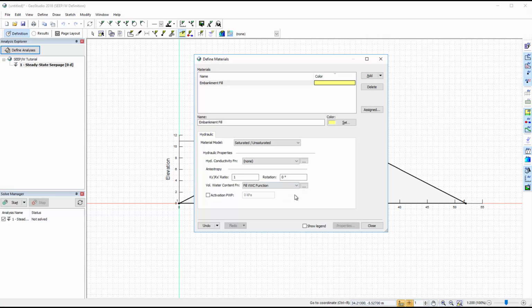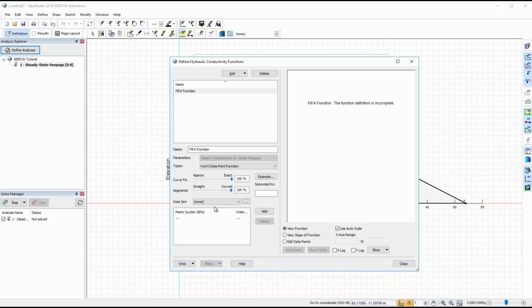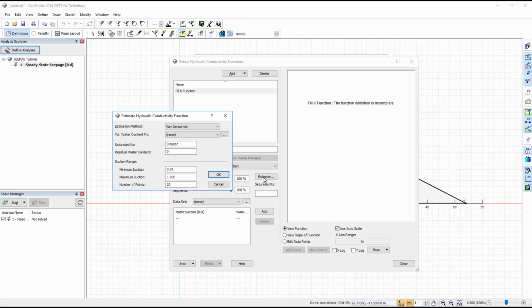Next, we will specify the hydraulic conductivity function in a similar fashion. First, click on the ellipses button beside the hydraulic conductivity function drop-down menu. Add a new function, change its name, and select the data point function type. Similar to the volumetric water content function, we can use an internal estimation algorithm to create a hydraulic conductivity curve by pressing the Estimate button.